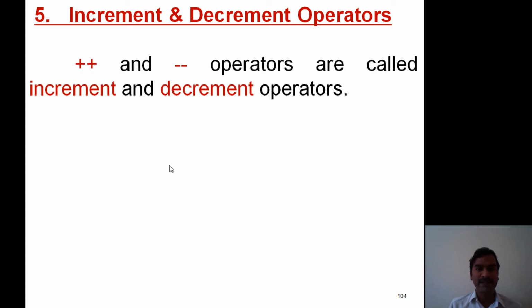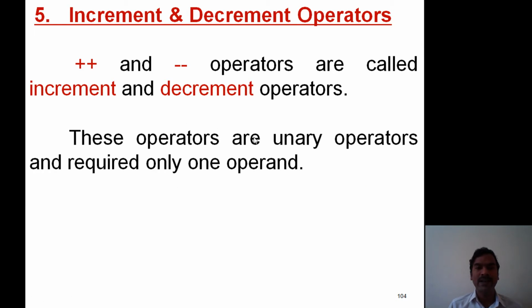In C language, plus plus and minus minus, these two operators are known as increment and decrement operator. Here plus plus operator is increment operator, minus minus operator is decrement operator.